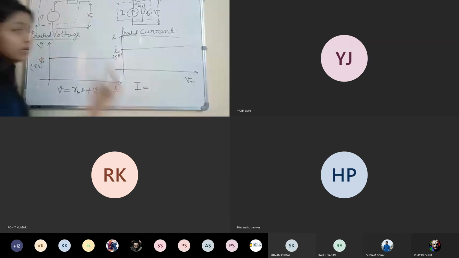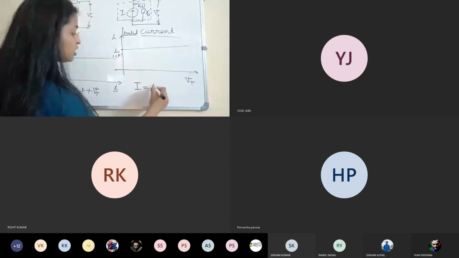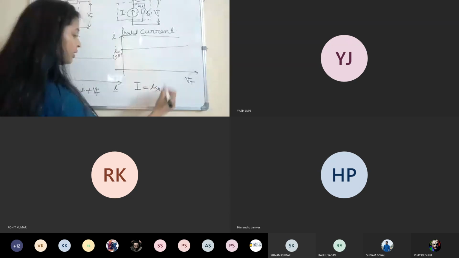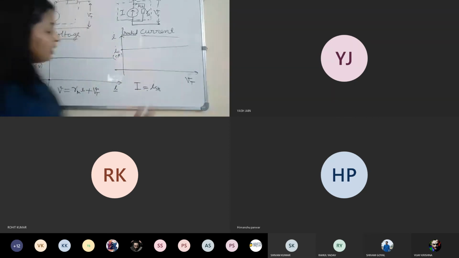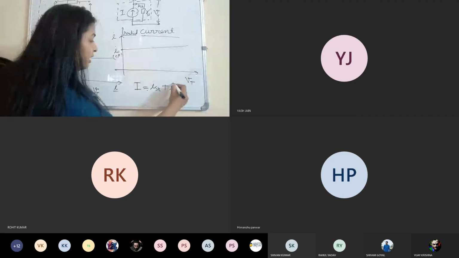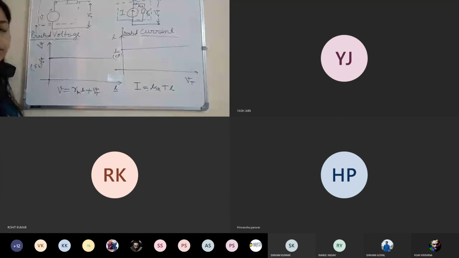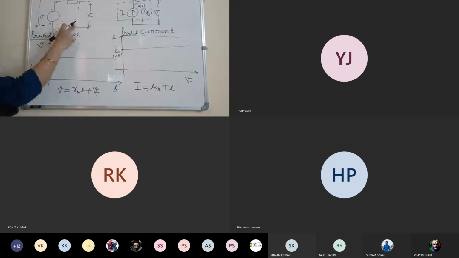I is dividing into two parts. Which parts? One is flowing through the shunt resistance, which is the internal resistance of the source, which is ISH. The other is the remaining current, which is flowing through the circuit. So this is the equation for my practical source. Total voltage divides into two parts.